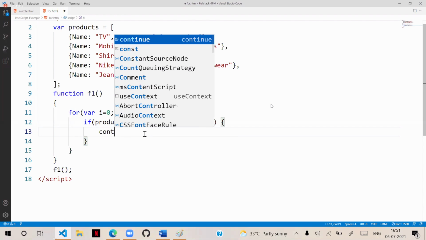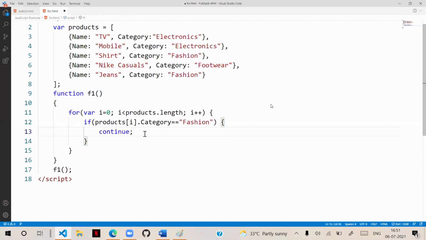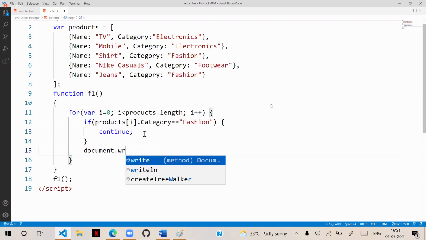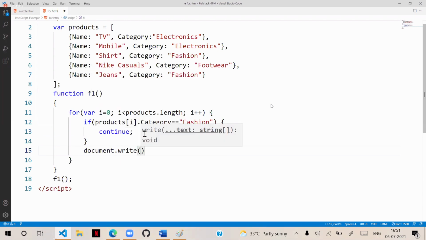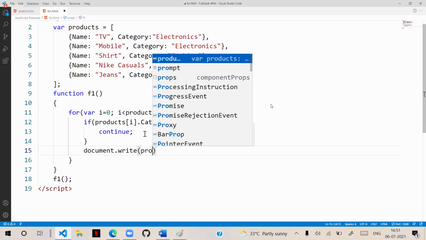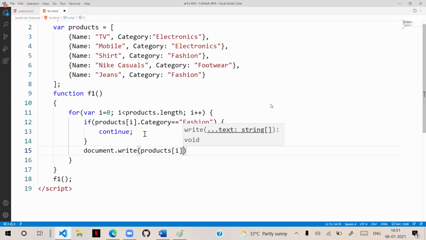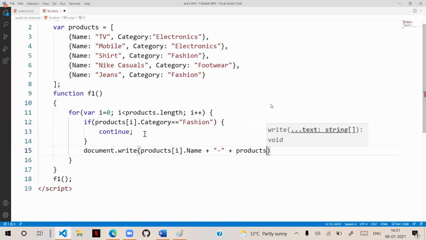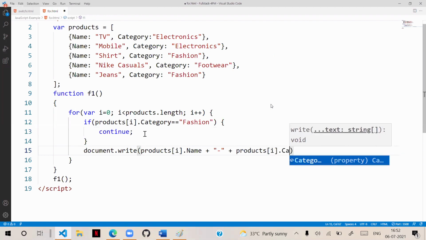That means skip it and continue to the next one. That's it. Then we are printing with document.write. I want to print only the name, that means products of i dot name, and its category, products of i dot category. Its name and category is printed.